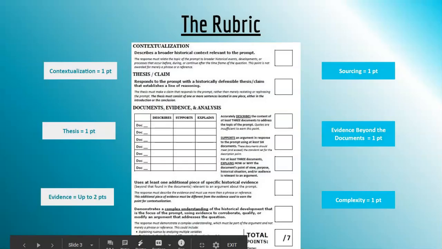Now, with the 7-point rubric, every single DBQ you write is going to be scored using this rubric, and the 7 points count for this. You can earn 1 point for contextualization, 1 point for thesis, up to 2 points for evidence, 1 point for sourcing, 1 point for evidence beyond the documents, and 1 point for complexity. We're actually going to go over the first 6 points today. The only point we're not going to go over is complexity, because I want to leave that to a later